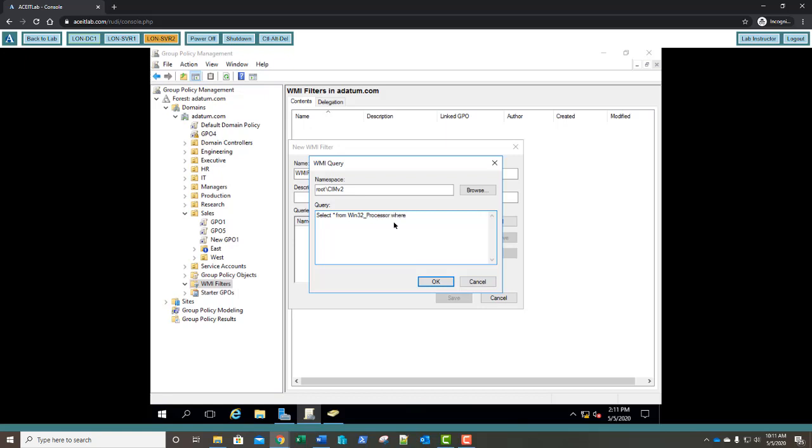Where, this is what we're telling it to look for, what characteristic of the processor we're looking for. Where AddressWidth equals, and then do your small quotes, 32. Select all, make sure that there's spaces from Win32_Processor, where AddressWidth equals 32. If you've got that, click OK